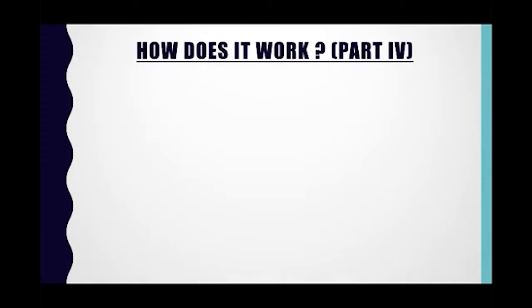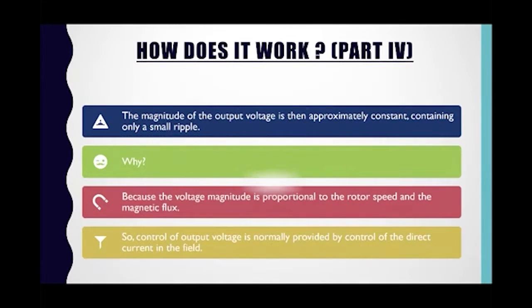Alright, here's my next slide, my next part of my storyline. Now, the magnitude of the output voltage is approximately constant, containing just a small ripple. Why does it contain just a small ripple? This is because the voltage magnitude is proportional to the rotor speed and the magnetic flux. To be exact, it is directly proportional. So at the end, the control of the output voltage is provided by control of the direct current in